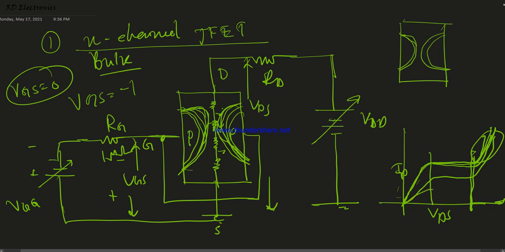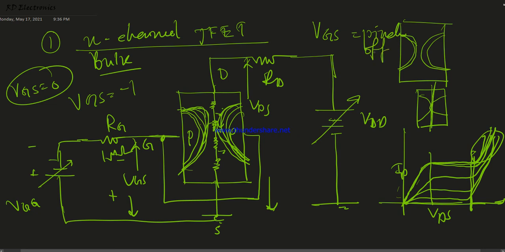And after some time, at the value of VGS for which the junctions get close together, that means at the time when the two junctions are touching together, no current is flowing, because there is no channel available. This is known as the gate to source pinch off condition. The name is pinch off, and it is also known as VP. VP means pinch off voltage. So at this time there is no current, that means no electrons transfer from source to drain. There is no current flowing from drain to source. So now this is the concept that arises, the VGS pinch off.